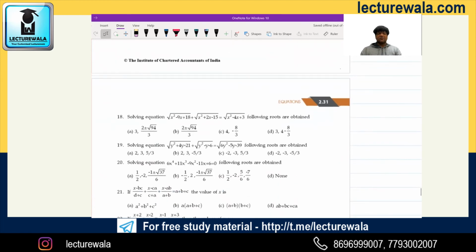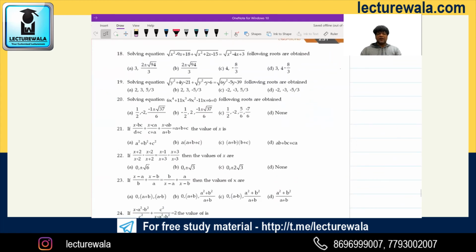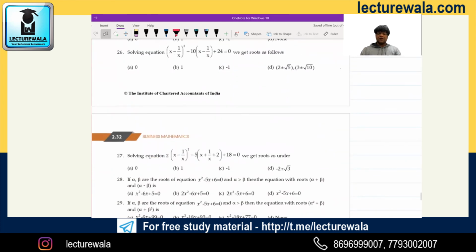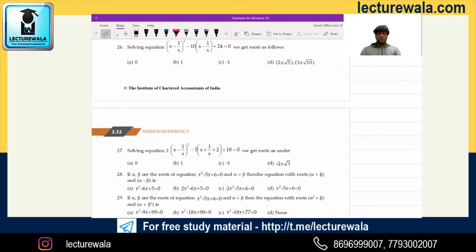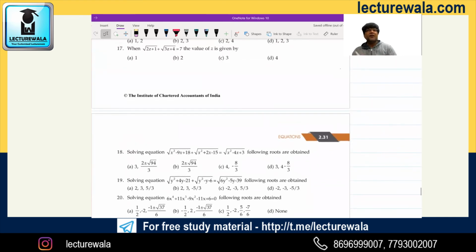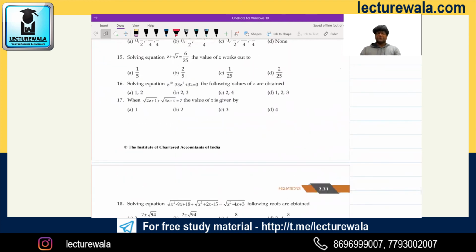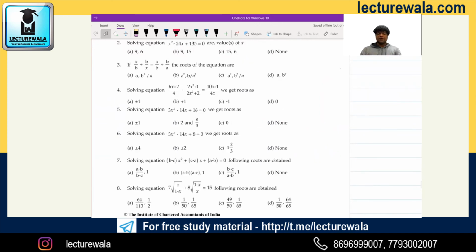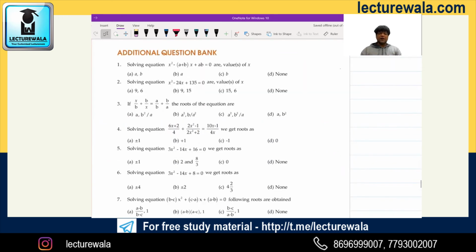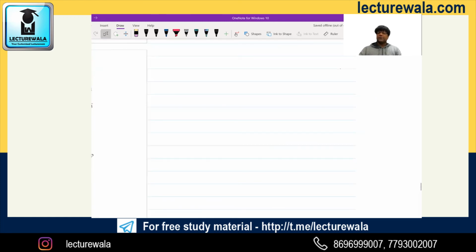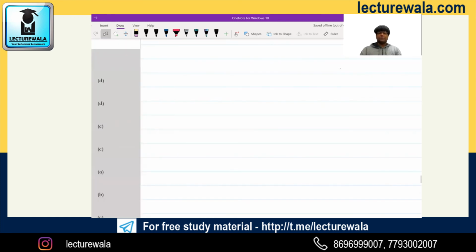Guys, you don't go to the additional question bank. Do except because now this is not the time to solve the additional question bank. Earlier, if you have done, fine. Not done, even if done earlier, don't do now. Don't touch the additional question bank. Do only exercise questions. That's it. Because initially it was looking like some 4 5 questions, one mark, and afterward it became harder and harder. Okay, so now matrix.